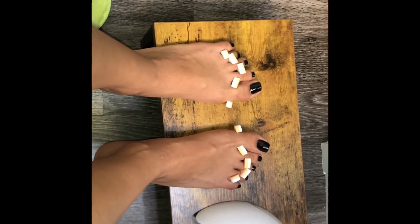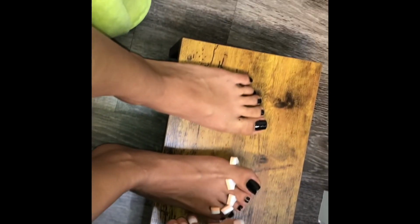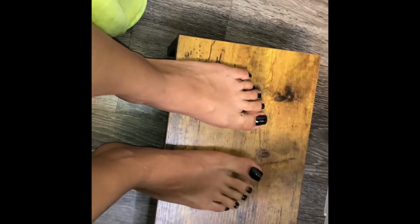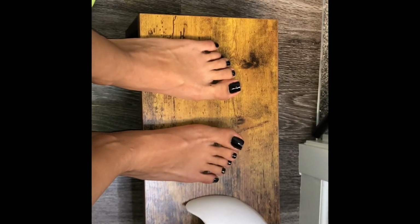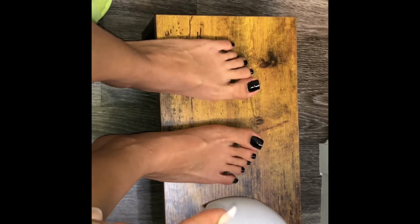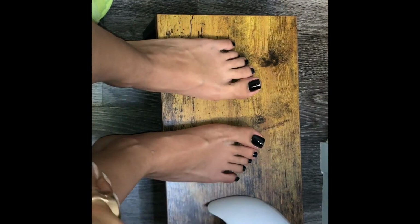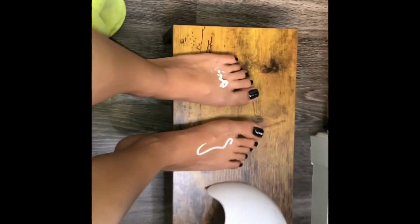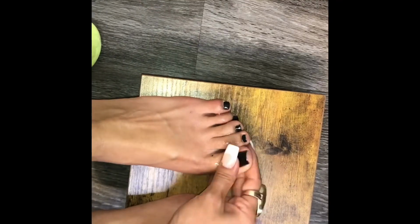And after we're done, I'm going to go ahead and just remove my toe separator. And my last step, I'll go ahead and put on some lotion and some cuticle oil. And baby, our toes are just gonna be SS, succulent and